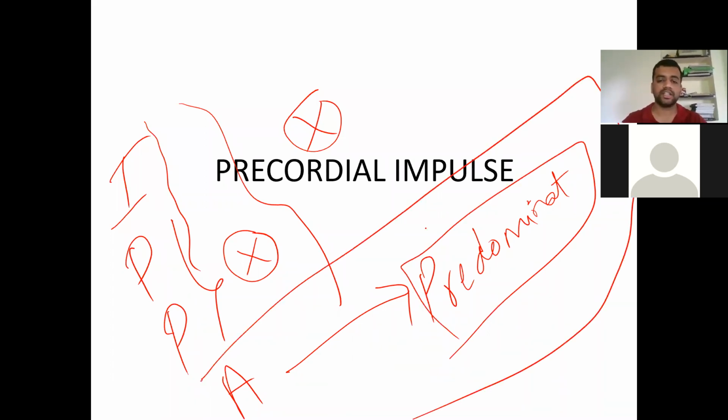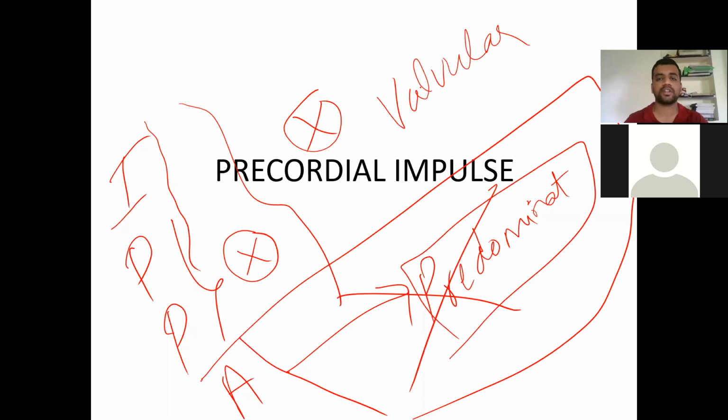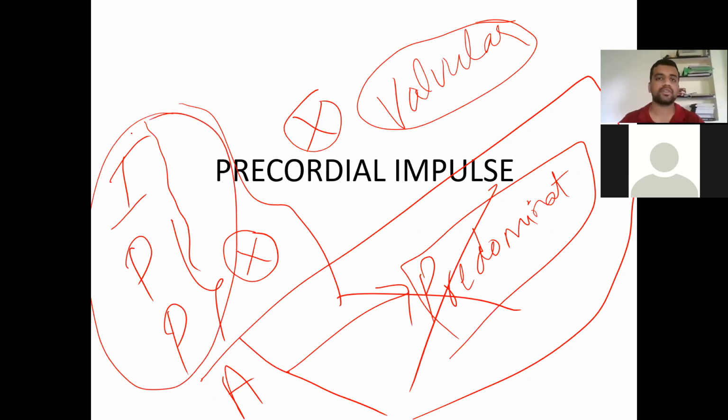Without coming to auscultation, you should be able to diagnose whatever valvular heart disease is there with inspection, palpation, and percussion only. This is the expertise which you can get with the cardiovascular system. If you are able to tell it is mitral stenosis or mitral regurgitation, or aortic regurgitation with inspection, palpation, and percussion, then you are perfect with your cardiovascular examination. If you are still relying on auscultation only, it can tell that a person is not that good at his subject. So you have to be more perfect here, and you should be able to answer all the important aspects of inspection, palpation, and percussion.